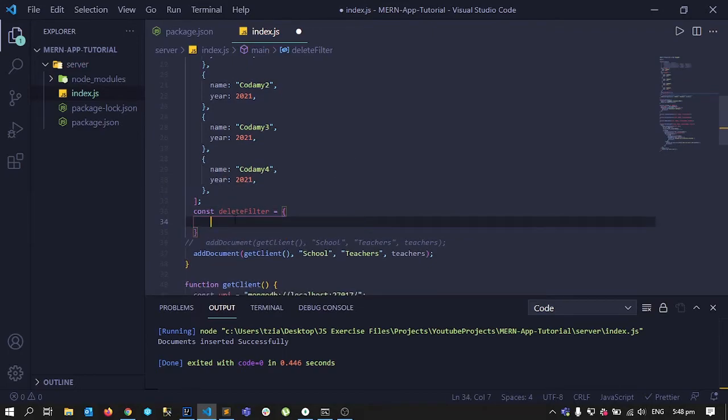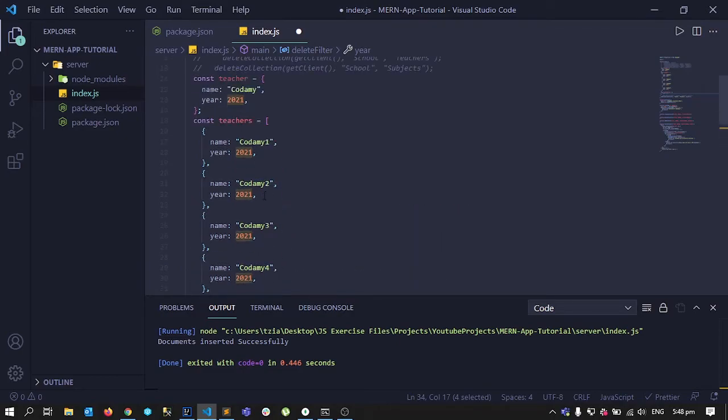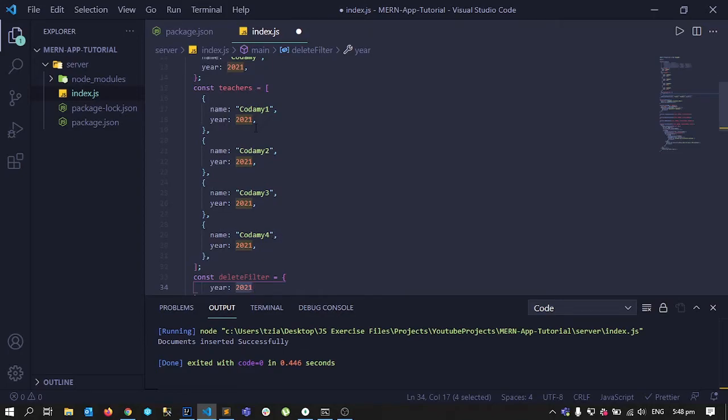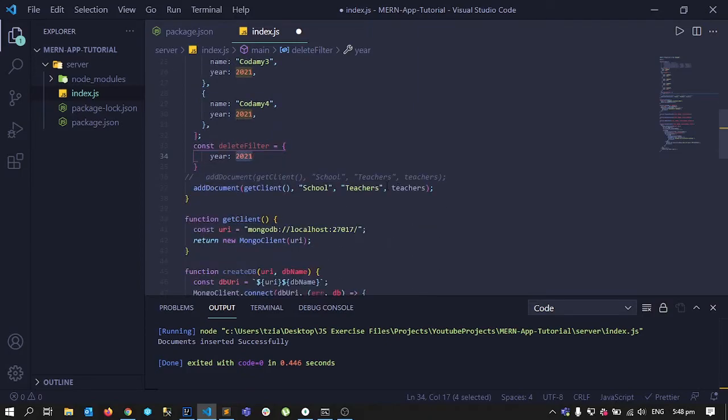For example, if I type here year 2021, it will go inside this collection, inside this DB, and see if any document has this property named year, with the value of this property field equal to 2021, and just delete that. In this case, all of them have this field with the value of 2021, so it should delete all the documents inside our